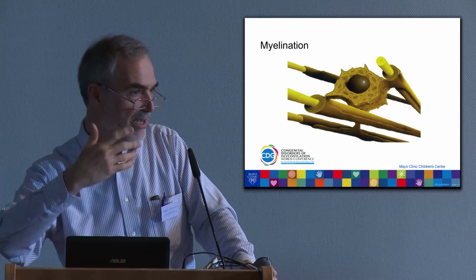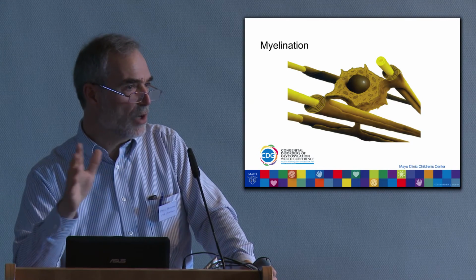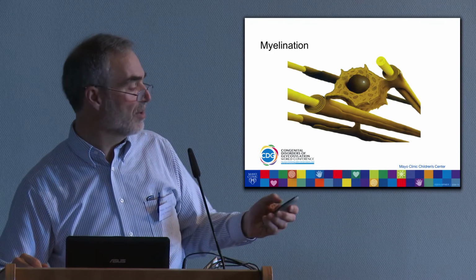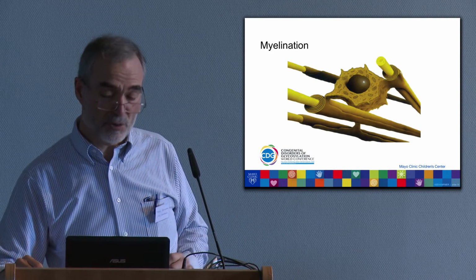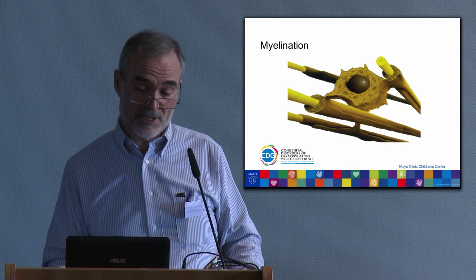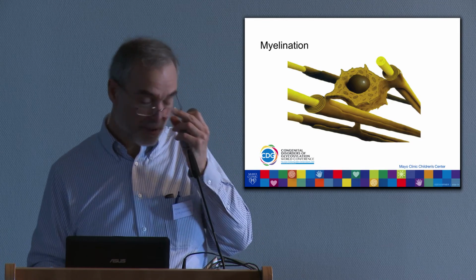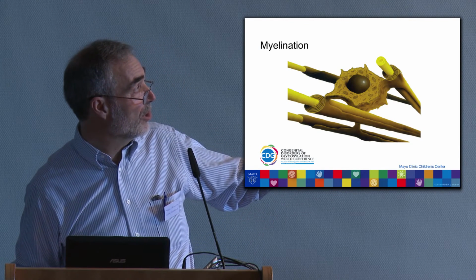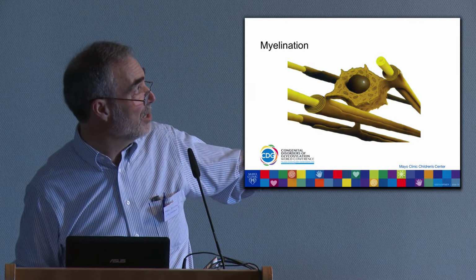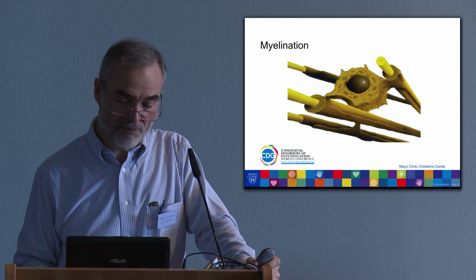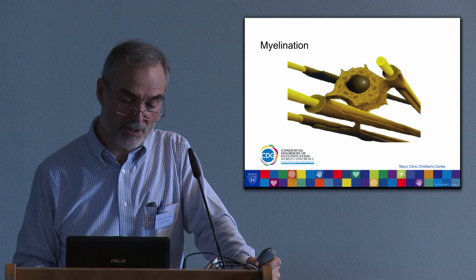And this process of myelination correlates very well with developmental stages that we recognize in children. And so if this is disrupted, that can have multiple consequences as well. And we know in some CDGs it may be abnormal. And this is just a little cartoon again showing a cell called an oligodendrocyte in the central nervous system, which extends processes which wrap around the axons of nerve fibers and result in myelination.